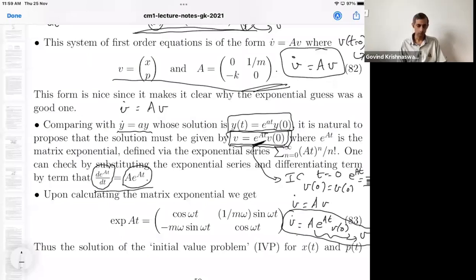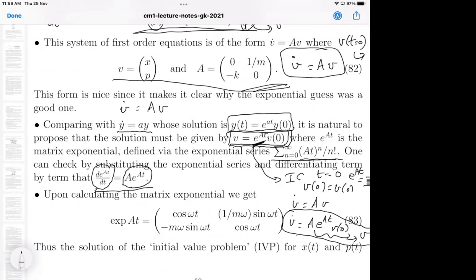Now you need to go back to definitions. What is e to the power of AT? The definition of e to the power of AT is this exponential series. It's just a series, a sum of powers of A. Now we know how to differentiate these things. Each term, you know how t to the power of n works, you just bring down n times t to the n minus 1 and add up all those terms. You do it on both sides, multiply out, and you will see that all the terms match. So that is the proof.